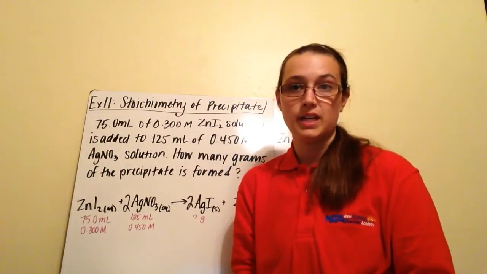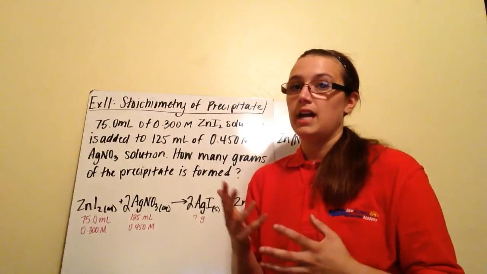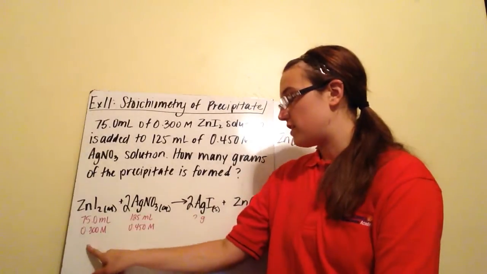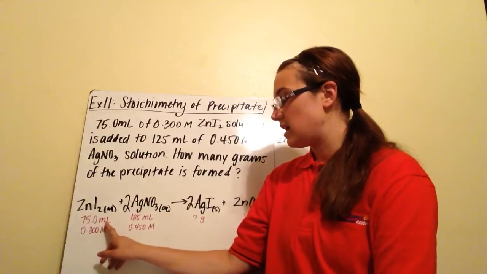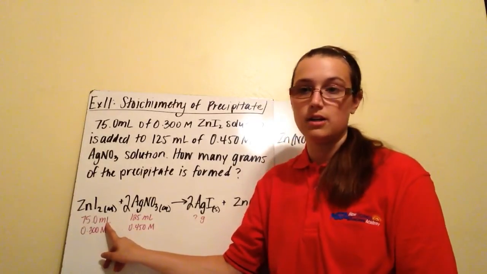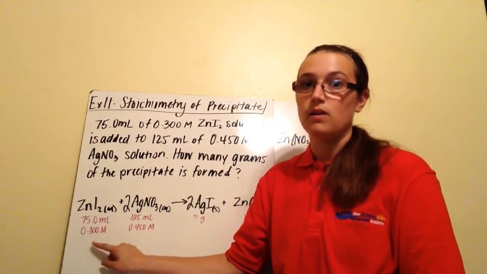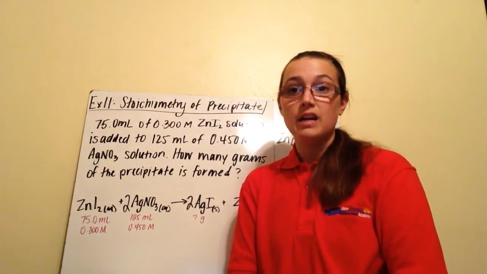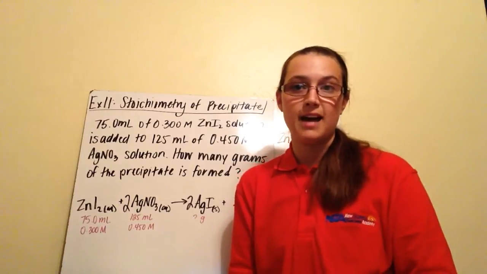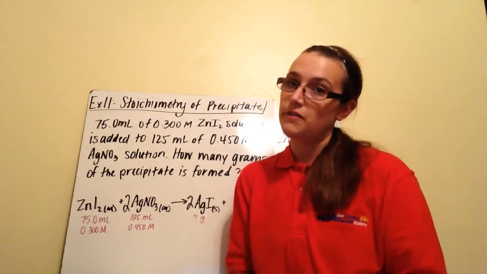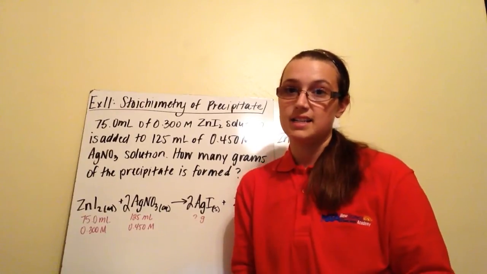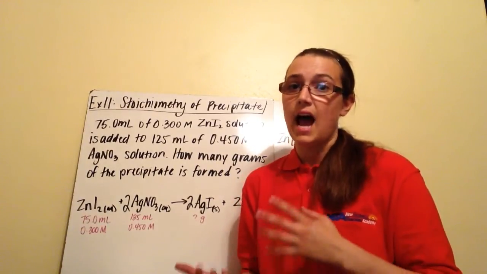Now, whenever you have stoichiometry, you're given amounts, and you have reactants, always go to moles. So to start off this problem, I would take your volume, put it into liters, your molarity, find moles. Same thing with the second reactant. Now notice you have amounts for both reactants. That tells you you're going to have a limiting reactant problem. So you're going to have to figure out which reactant is limiting, which is excess, and then go from there